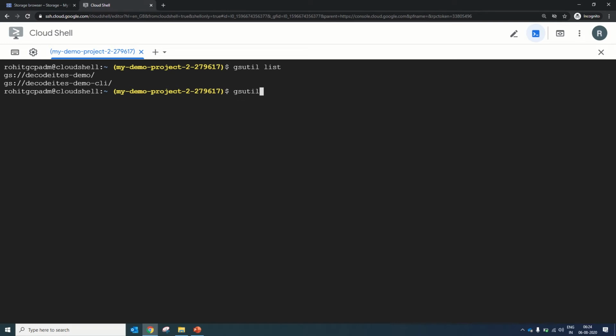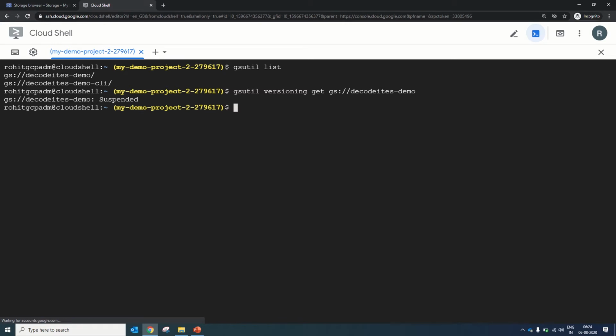For this we will run gsutil versioning get gs://decode-its-demo. It is suspended.